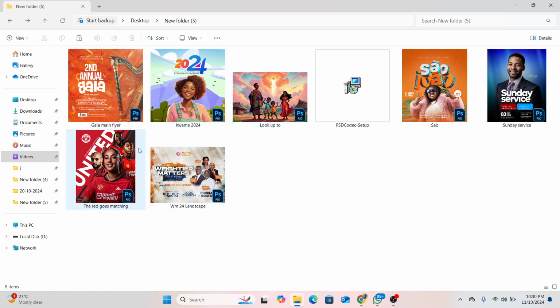So if I need to open this PSD file, I don't have to click on it for it to load in Photoshop before I know what is inside, but I can just preview it like this and then I'll be good to go. So the very first thing we like to do here is to make sure I've been connected